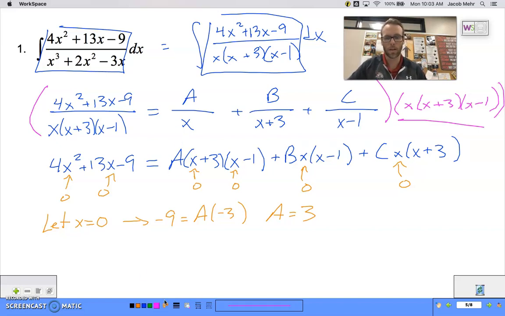All right, that looks good. Now I wonder if I can use that trick again to get another unknown. Well, when I look at this term and that term, they both have an x plus 3. So what if I let x be negative 3? Then this term is gone. And if I let x be negative 3,